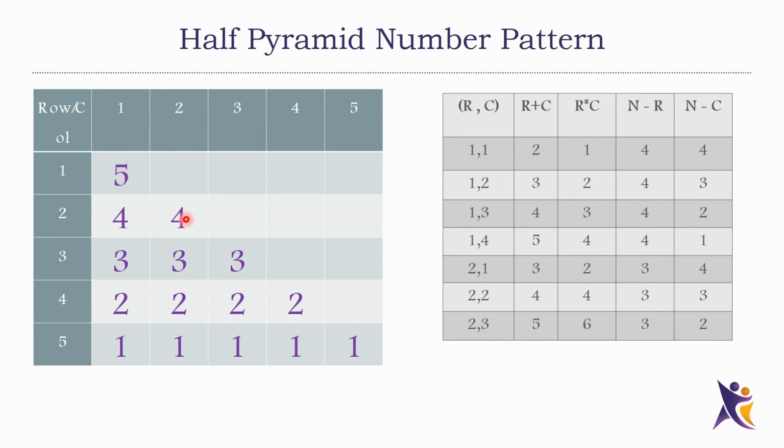What I am going to do is take a new variable here, and then I'll initialize that variable with 5, and whenever there is a printf, I'm going to print that value, and then whenever I'm printing a new line, I'm going to decrement by 1. So the next row it will start printing 4. Let's see an example of how to do that.